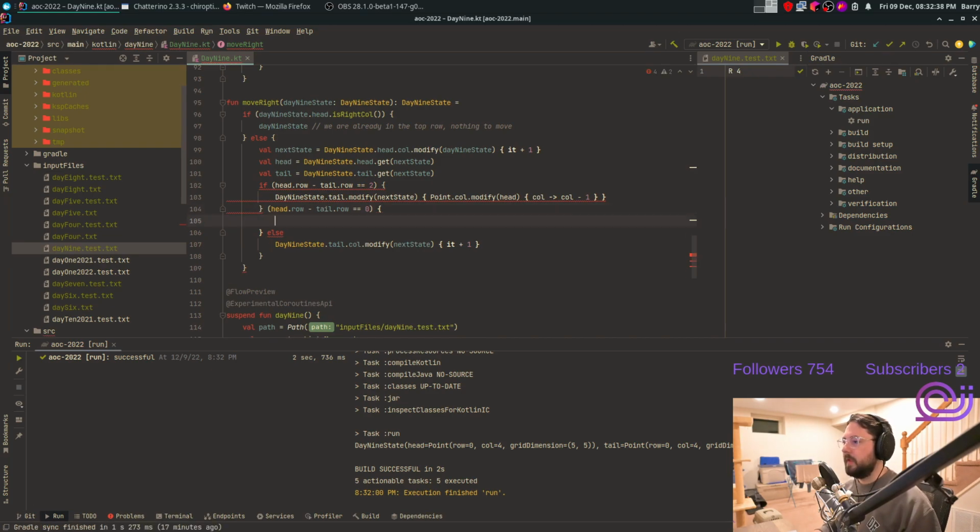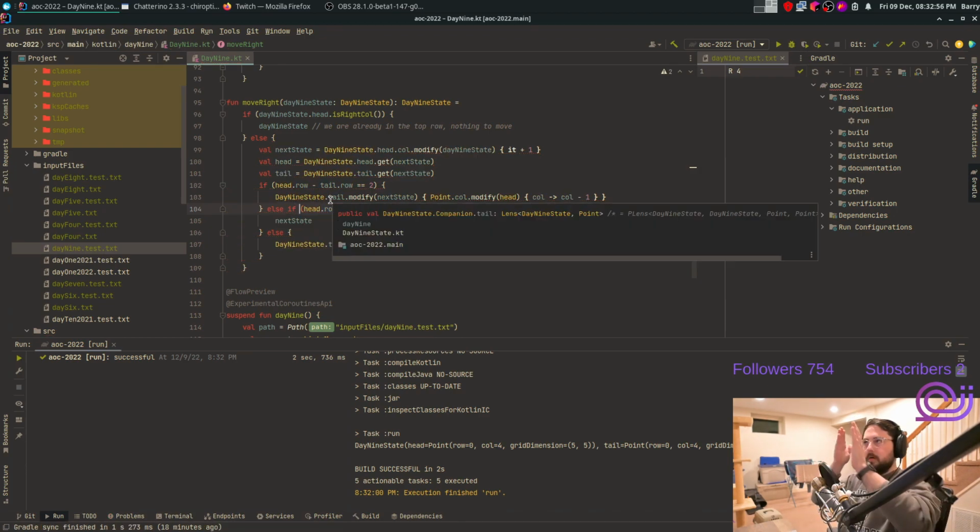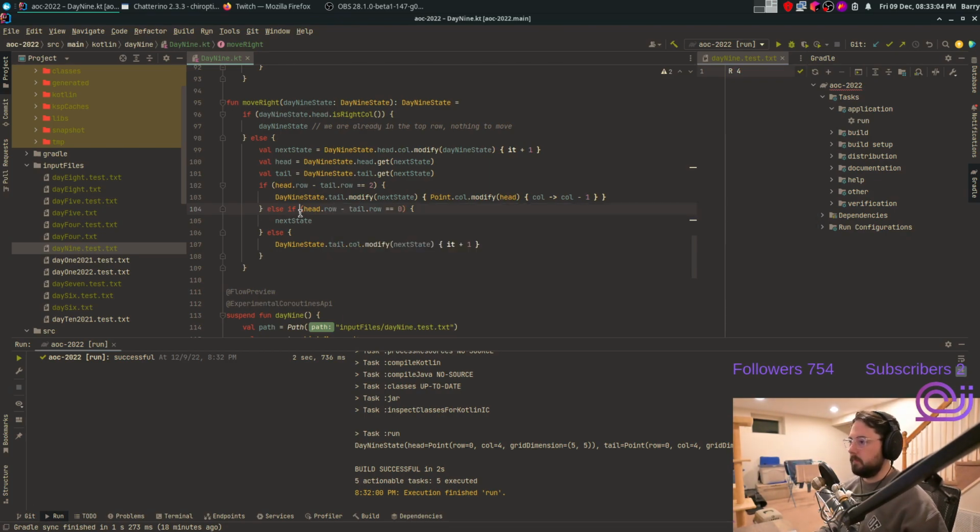How did that do that? Okay. So one thing I didn't account for is, let's say they're right on top of each other, then we only want to move the head. And so that would imply that... oh wait, no, it doesn't, because I don't have, we don't really want to know that the next state